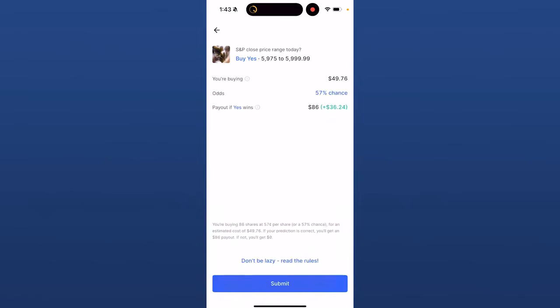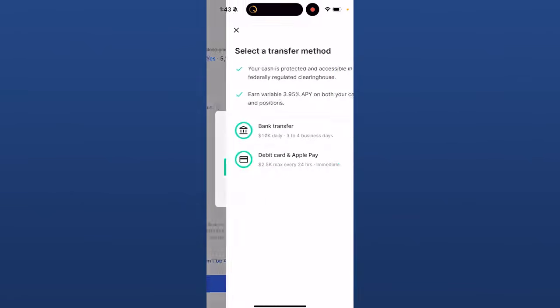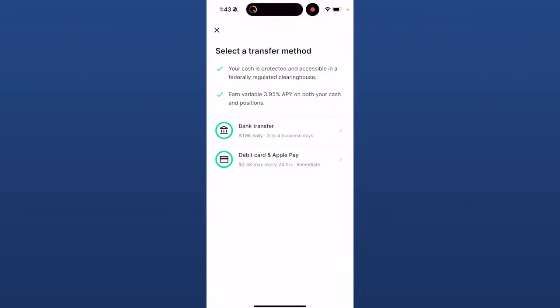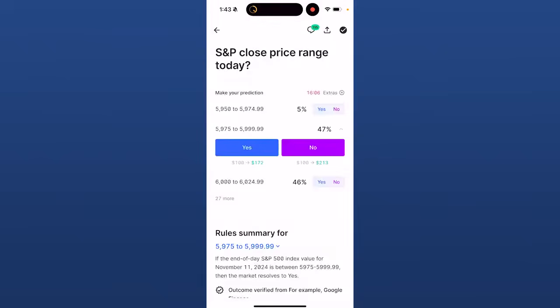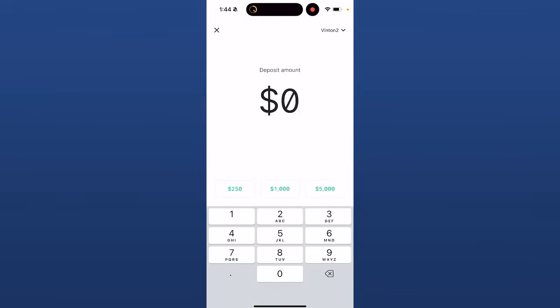you just click on submit, and it will actually make you make a deposit if you do not have enough cash in your app. So you just click on this, and you can simply connect your bank just by, I'm going to show you, going out of these settings, clicking on more, and then you can simply click on the option add funds in the top middle, and as you can see in the top right, you can simply click on your bank account's name, and use the Kalshi